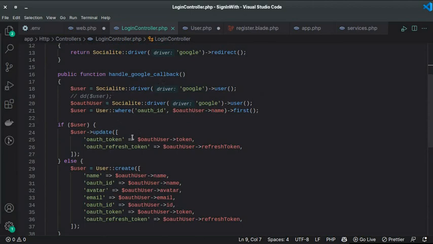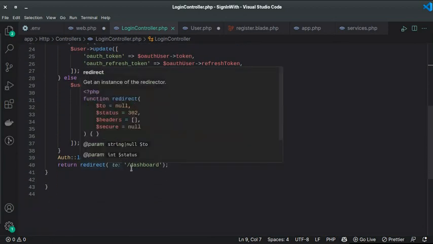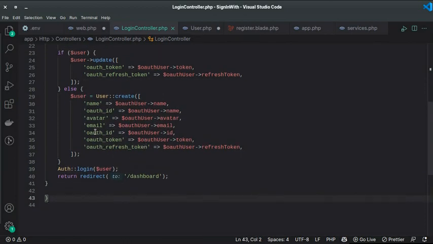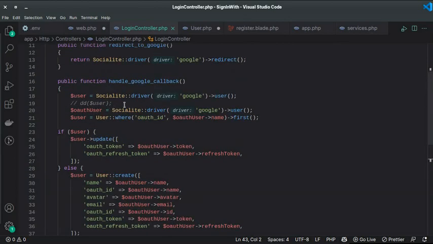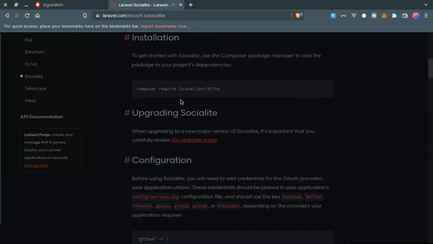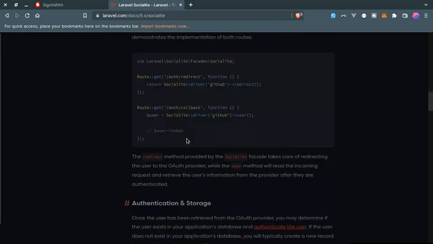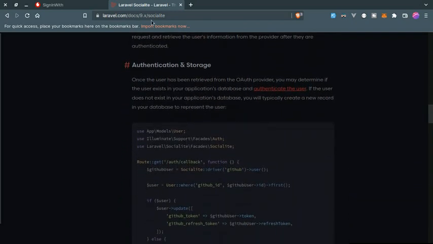So here I am getting some information from Google about that, and I'm authenticating the current user and logging him into this website. And we can get a lot of information about the particular user using this Socialite package. We can dive down into this to see all the information that we are getting using the Socialite package. You can easily implement this if you want to add OAuth authentication or login with Google, Facebook, Twitter. You can use this Socialite package to add